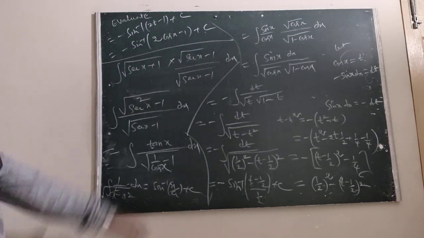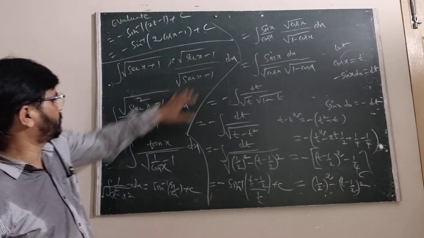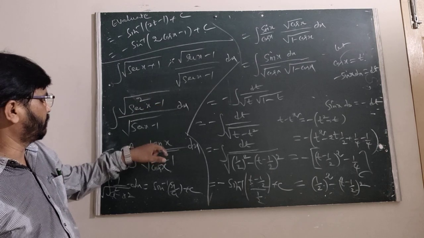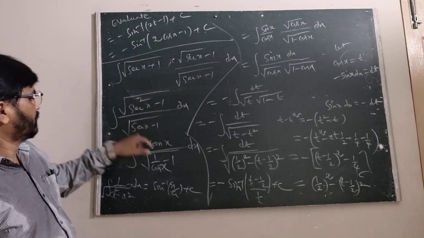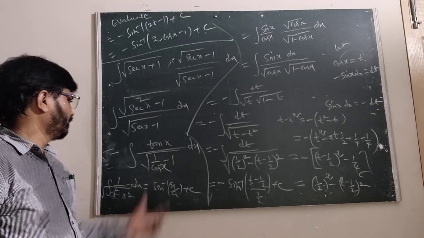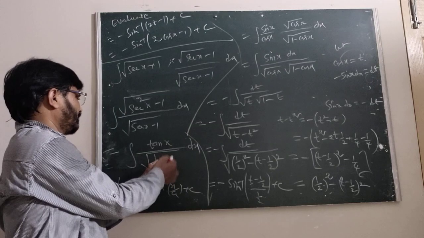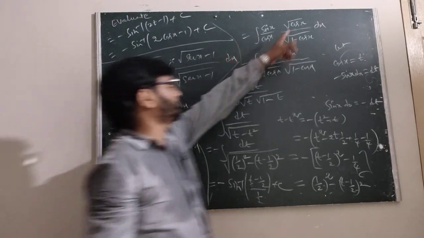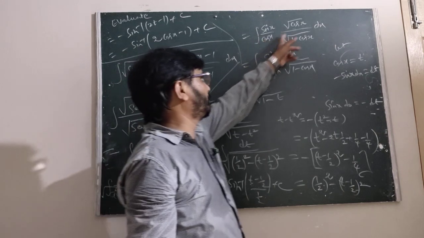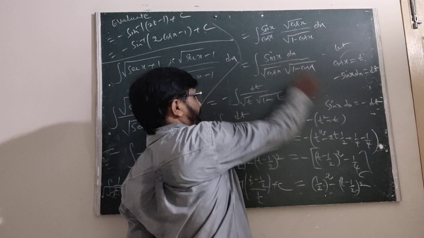So first of all, we take the rationalization. This is a plus b into a minus b, a square minus b square. Secant square x minus 1 is tan square x, and square and root cancel. Secant x is the reciprocal of cos. After that, we write it by taking the LCM. Tan is sin x by cos x. This is completely sent to the numerator. Now cos x is root a into root a, one time cancel. After that, we know that the derivative of cos x is minus sin x.